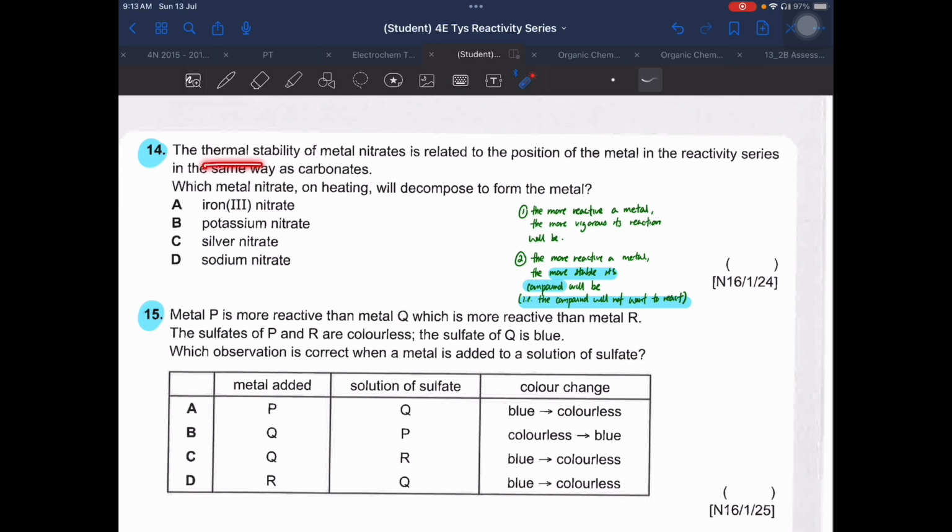The thermal stability of metal nitrates is related to the position of the metal in the reactivity series in the same way as carbonates. Now read the question carefully. This is now a metal compound. So should statement 1 or statement 2 be the concept that we think about? It should be statement 2, because the more reactive a metal is, the more stable its compound will be. Even though all of you would have been very diligent to remember your reactivity series,